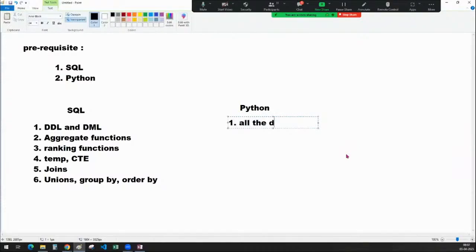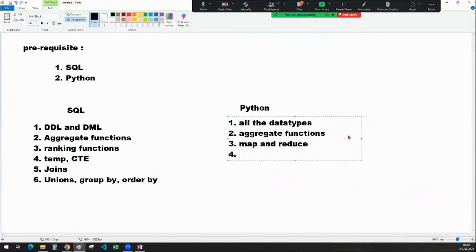All the data types and differences. Very important thing. It actually takes a lot of time to understand these data types. And then the very next thing is aggregate functions. How do you do it in the aggregate function? If you get time, look at map and reduce,